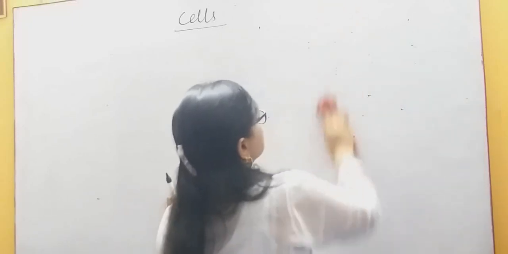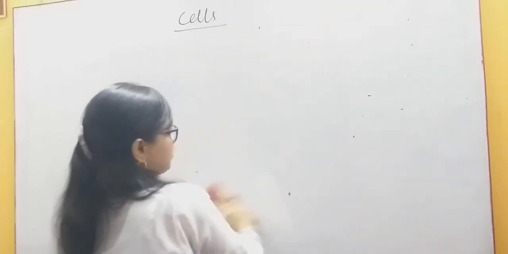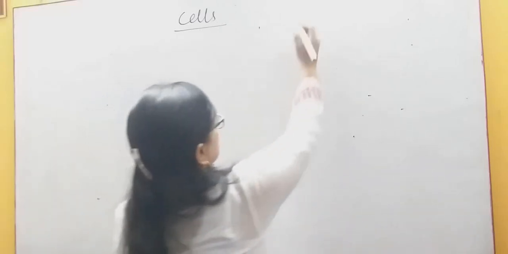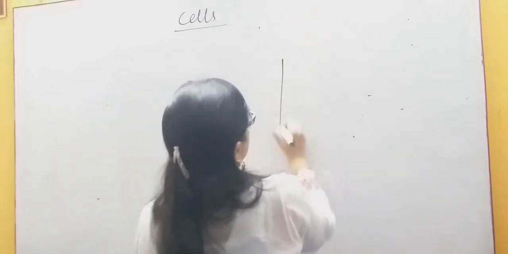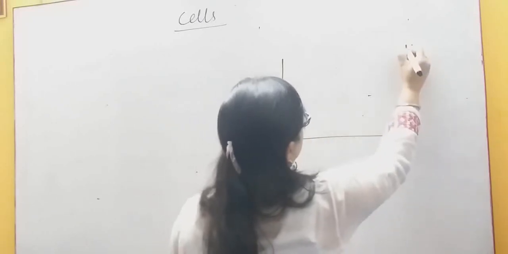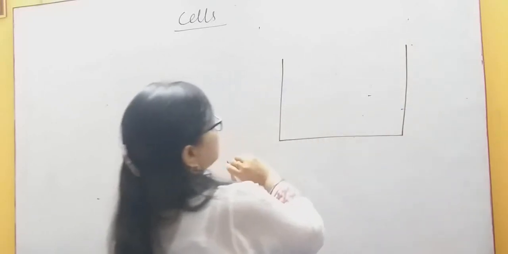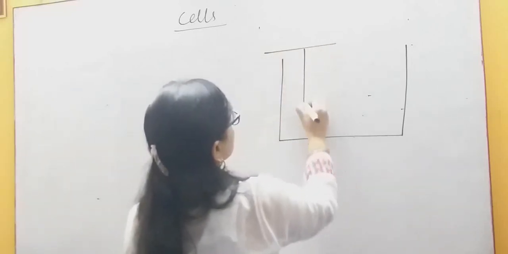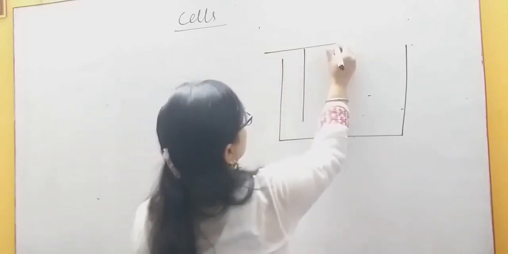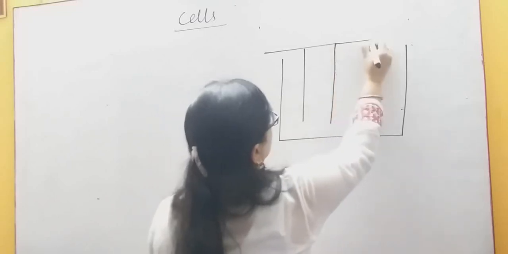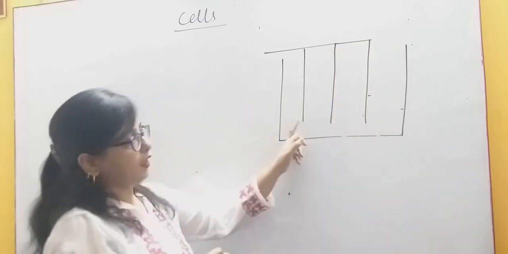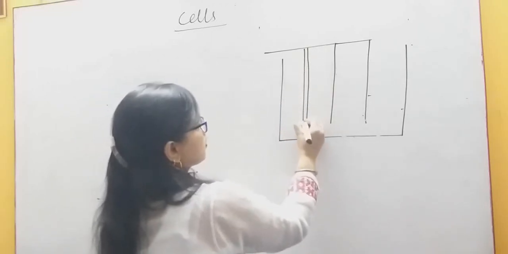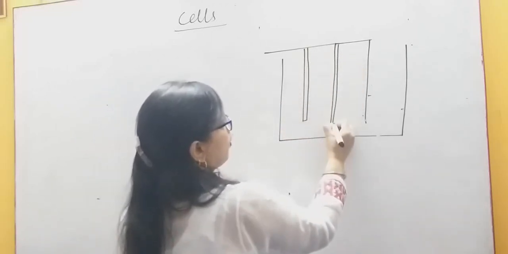So what is a rechargeable cell? Here I am making one rechargeable cell. It is the lead storage cell. It contains two grids. One grid of lead. Here I am making the grid of lead. It contains plates of lead,